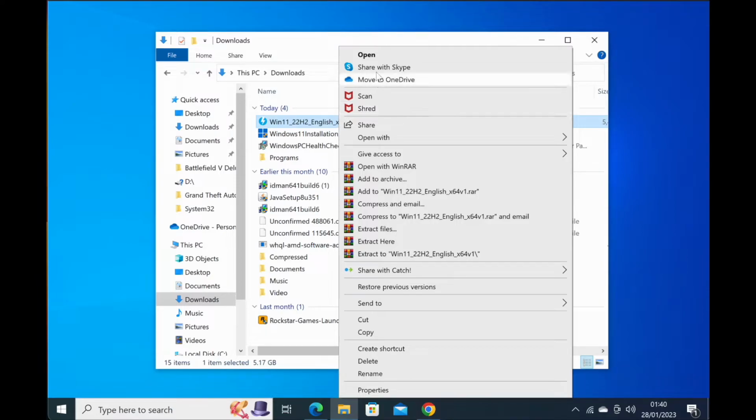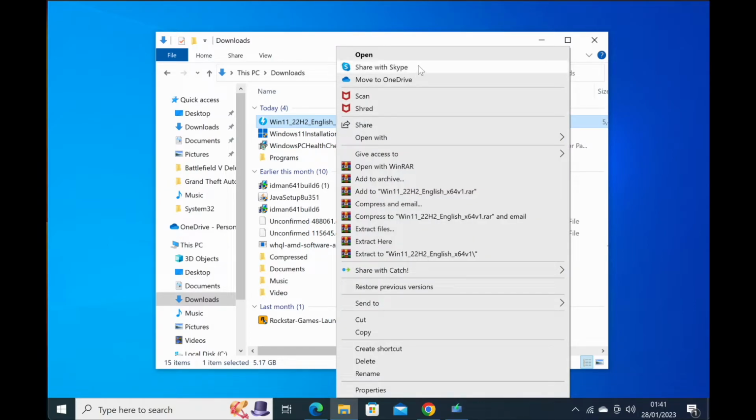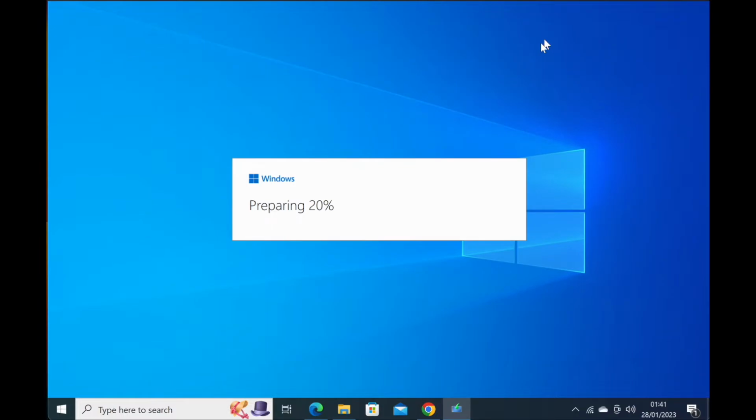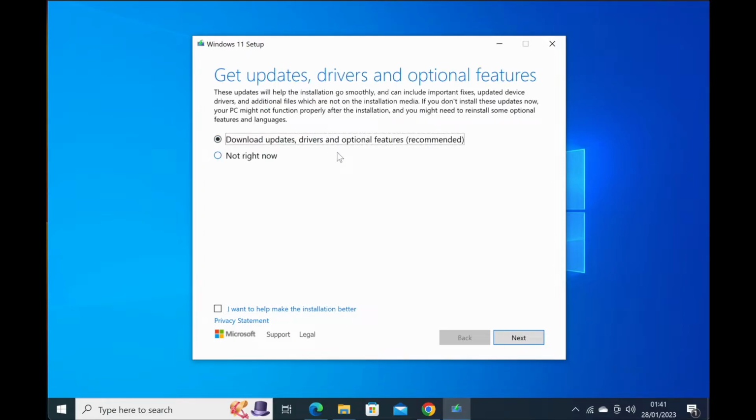Okay, so we can basically go to open. Okay, so now we need to click on next. We will skip this one because we don't want to download the updates at the moment. So I will select not right now, so it will just install Windows 11. To make our process quicker,